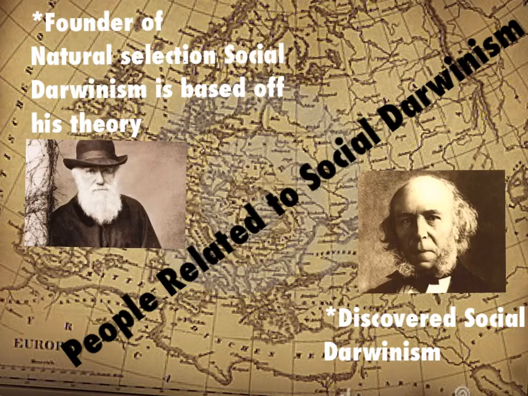Darwin created the natural selection theory, and Herbert Spencer got inspired by reading Darwin's book, The Descent of Man, which talks about natural selection. When Spencer created social Darwinism, it relates to natural selection and Darwin's theory because it's mainly the same thing, just instead of the animals trying to survive and whoever's the strongest has the bigger advantage,